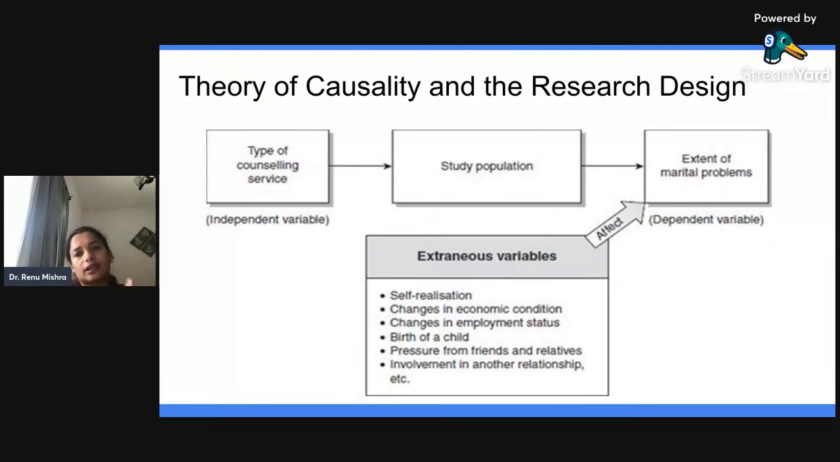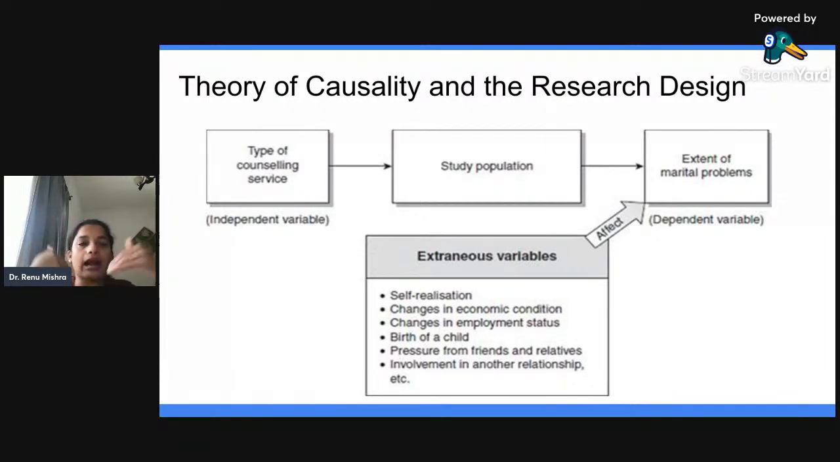that if there are marital problems and the right kind of counseling is given, they can solve the marital problem. So marital problems will be solved by counseling. The marital problems are getting solved, they are changing. Dependent variable, they are getting changed by counseling. Independent variable. Okay, now there are some variables